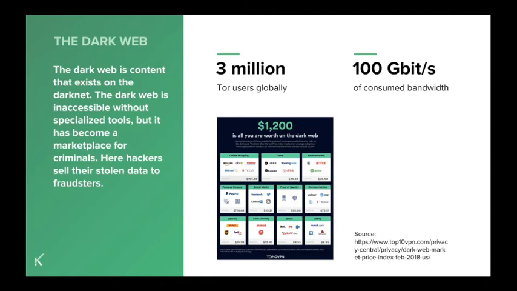Yeah, so they sell it on the dark web. And the dark web is really just content that exists on dark nets. To access the dark net, you have to do this through Tor or similar software intended to conceal a user's location from anyone conducting surveillance. Dark nets are commonly used to facilitate illegal activities, providing services such as exchanges to facilitate fraud. This is where hackers sell information they stole.